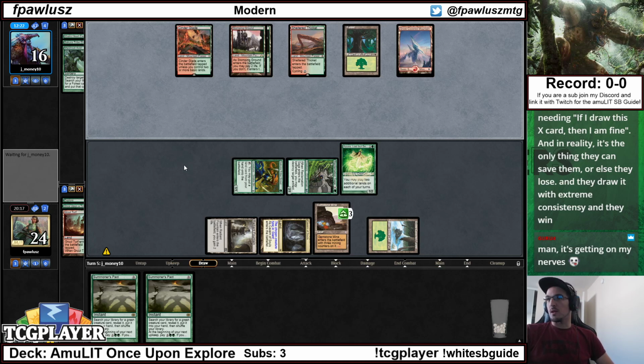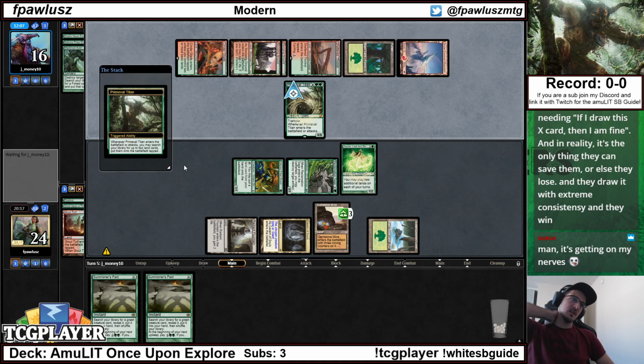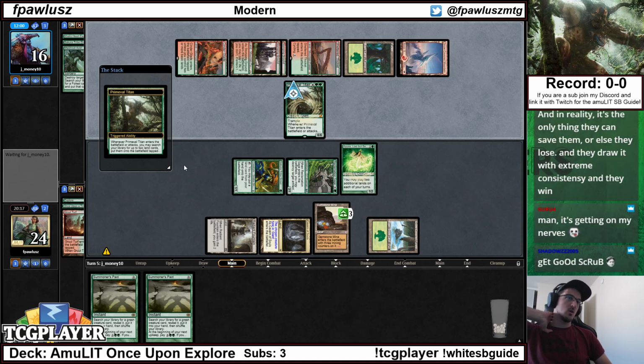What's the most inferior thing that you see some pros in their streams or in paper saying, like, if I draw this X card, then I'm fine? And in reality, it's the only thing that can save them, or else they lose, and they draw it with extreme consistency and they win. I don't think that is that true. I've talked about this multiple times, but those pros you're talking about right now